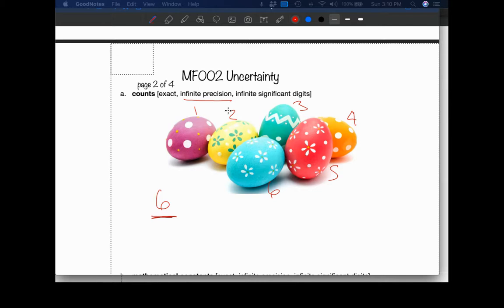However, and this is where this becomes tricky and may provide a little bit of discomfort in you when I say that, what if someone came along, as would have happened for my 3-year-old daughter, if she were counting these, she might have only counted 4 or only counted 5. It turns out in that case, she is incorrect. She is wrong. She did it incorrectly. So there is no uncertainty associated with this number. Her number is invalid. So we don't attribute uncertainty to something where people did it wrong.